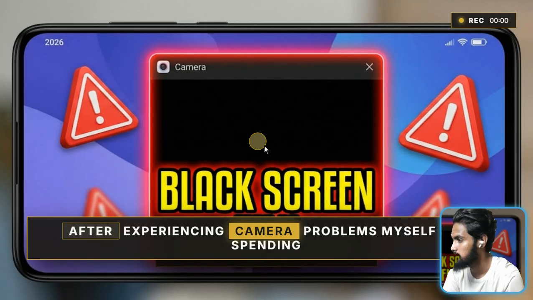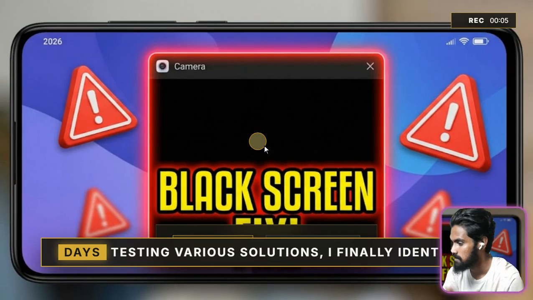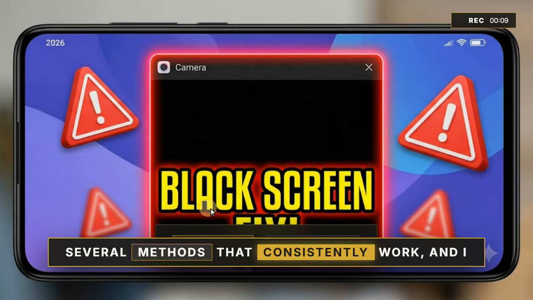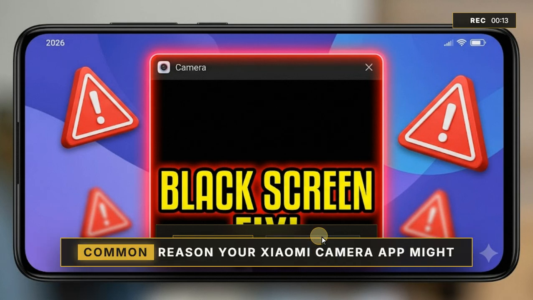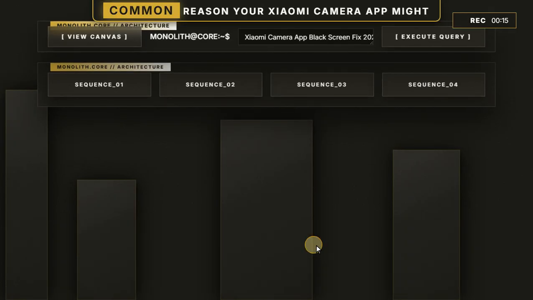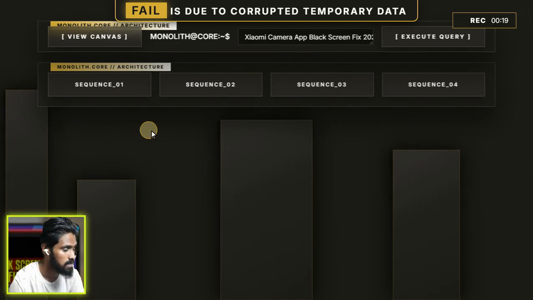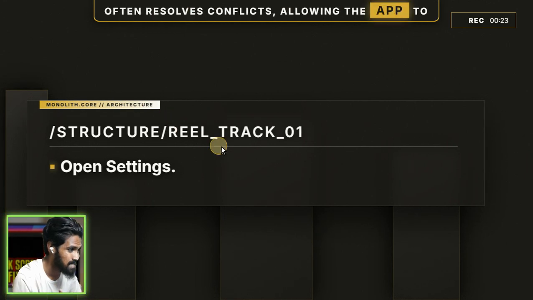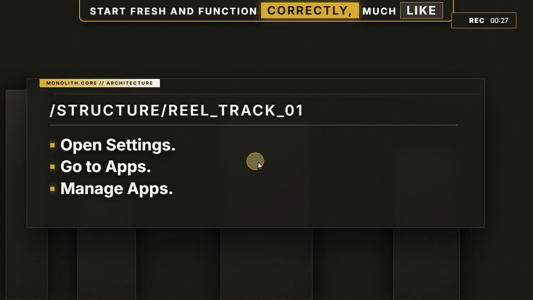After experiencing camera problems myself and spending days testing various solutions, I finally identified several methods that consistently work, and I will share them with you now. One common reason your Xiaomi camera app might fail is due to corrupted temporary data or cached files. Clearing this old data often resolves conflicts, allowing the app to start fresh and function correctly, much like giving it